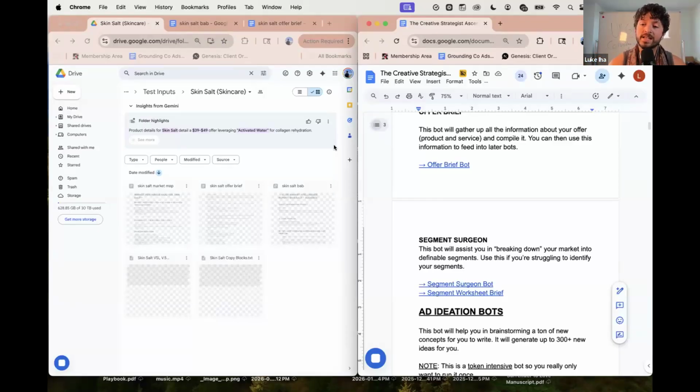So again, this seems like it's old school and manual, but for me, I want to make sure that the knowledge exists internally as well because it makes me use the tool so much faster. So I'm going to go and read the VSL. I'm going to read the ads myself. I'm going to start brainstorming and coming up with new ideas.